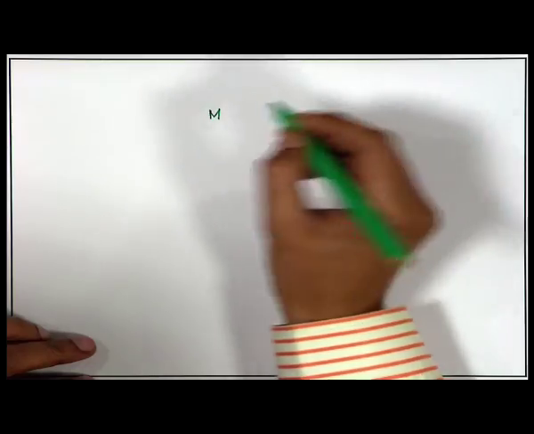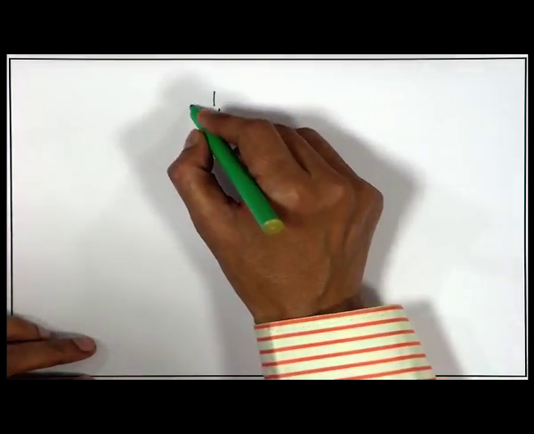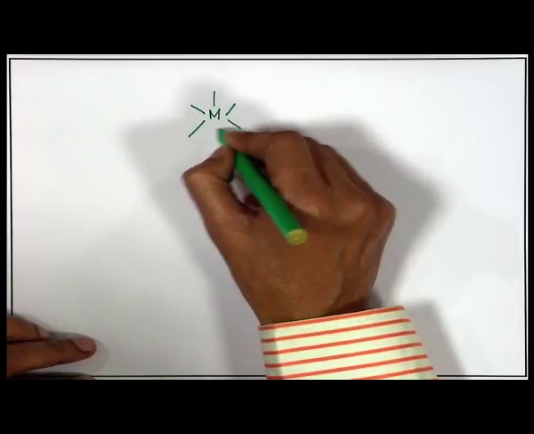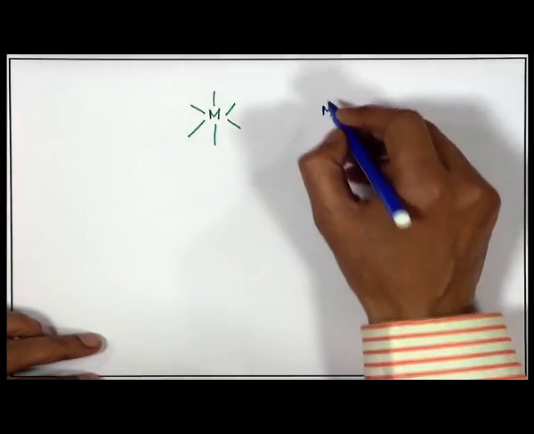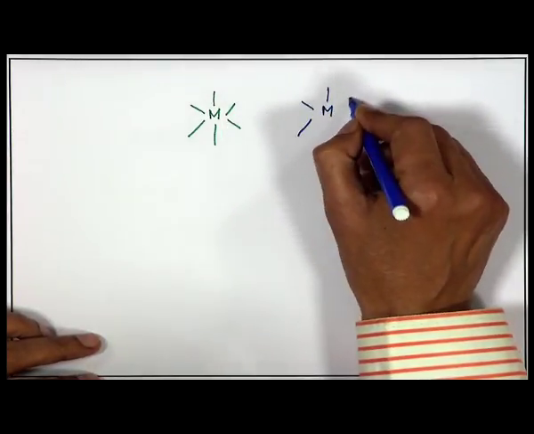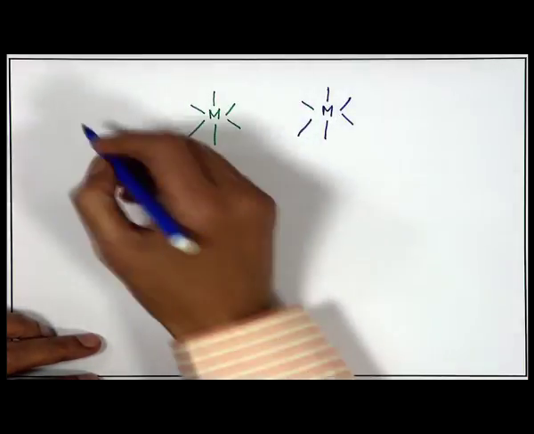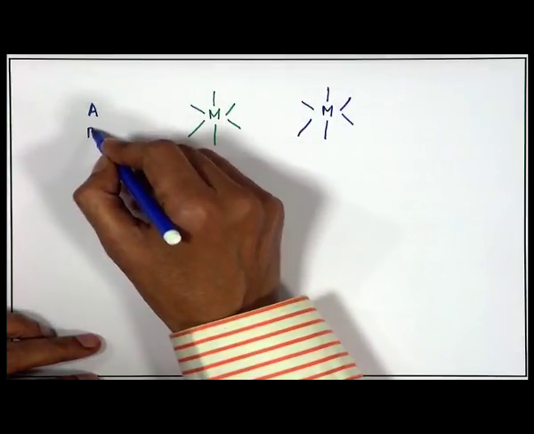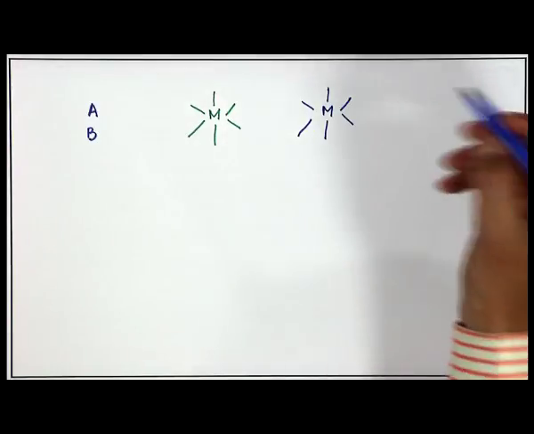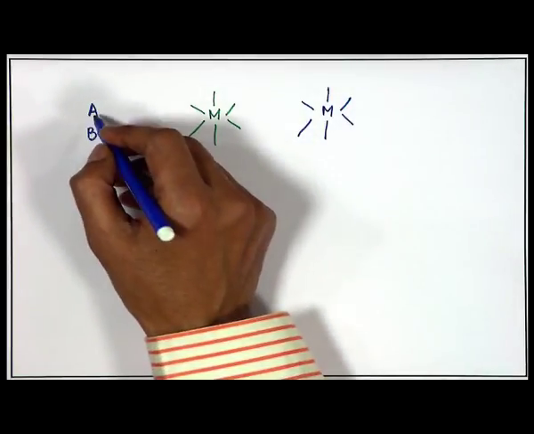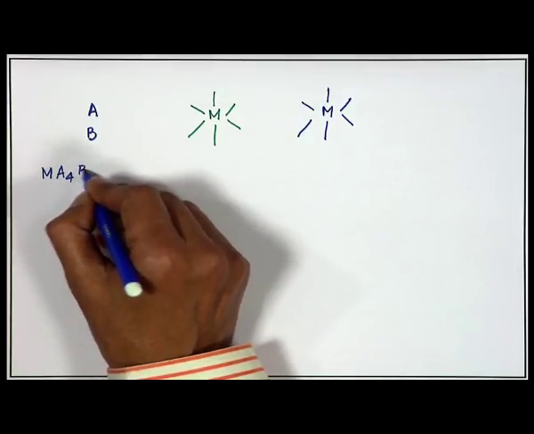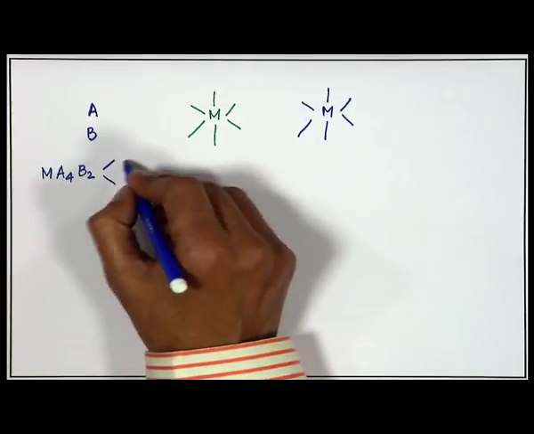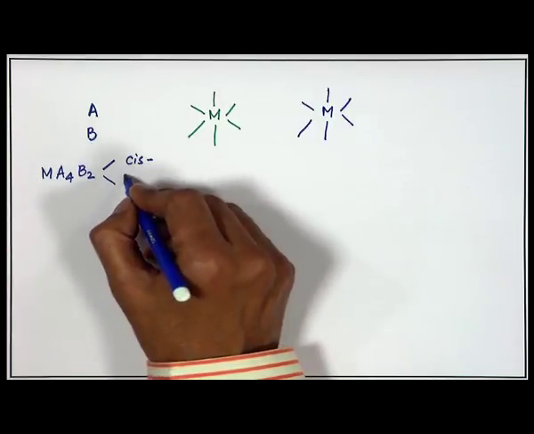So, M is there, and if we consider that this M is forming an octahedral compound, similarly this M can also form another octahedral compound, where the ligands are one of A type and another of B type. That means, if we have M and A and B types in equal number, very quickly you can write it down that in one situation you can have M A4 B2 type, and when it is A4 B2 type we can have a cis isomer and we can have a trans isomer.